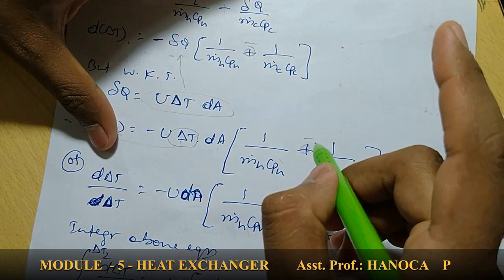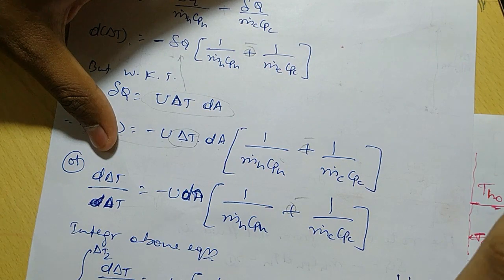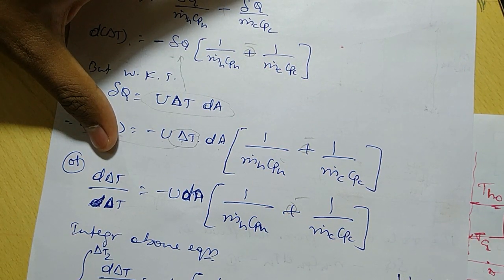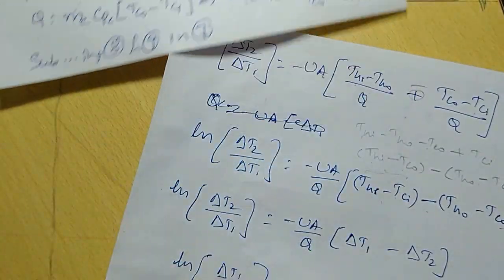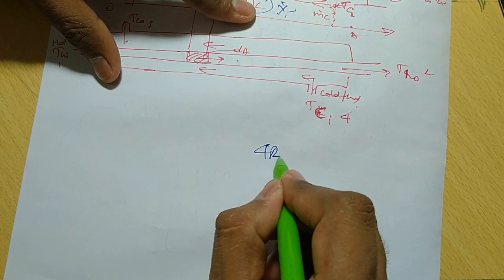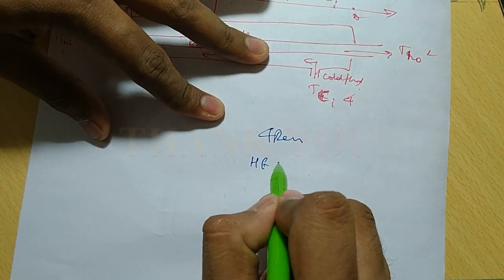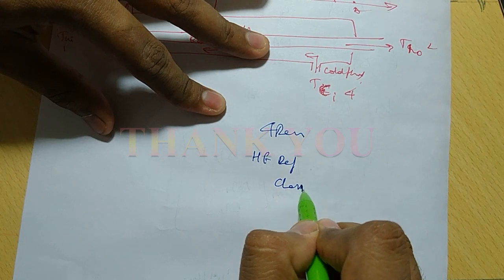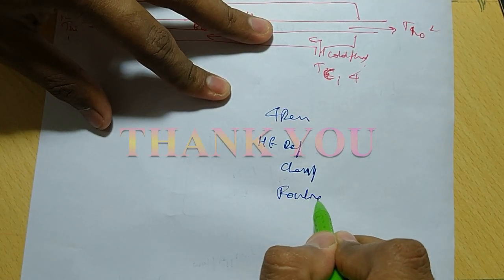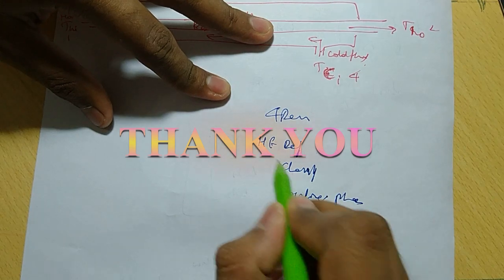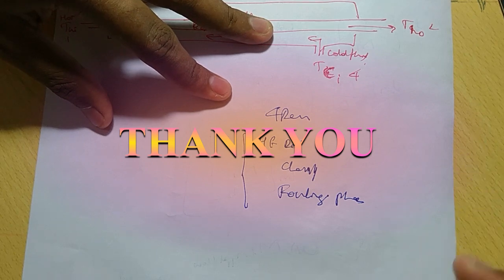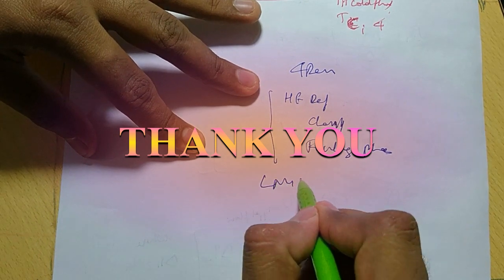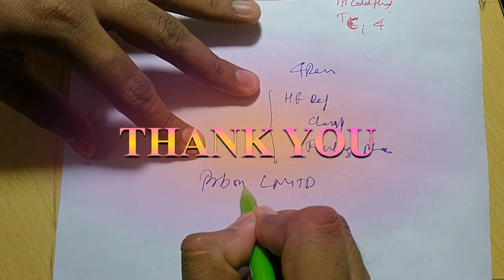So by learning one derivation, the remaining derivations are completely easy, and that is commonly asked in the examination, very important for the examination. So students must learn all four derivations, along with heat exchanger definition, classification, and what is meant by fouling. What is meant by the fouling phenomenon? These are the questions asked in the examination. So here the theory part is over. In the next video lecture I will explain the problems on the LMTD.